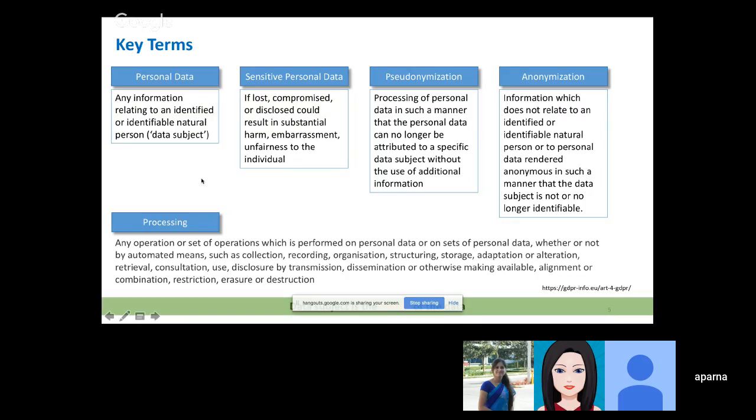I'm not going into the regulation terminologies here because regulations is a bigger topic and that will take another session, I would say. So I'm going into more details of what is pseudonymization and anonymization from a design perspective. So let's say you have an Excel sheet with name, gender, age, and other information. If you are processing data in such a manner that you cannot attribute that to a specific data subject, then it is called pseudonymous. So if I change the name and just put first initial, so if I have Aparna Pathak, I put